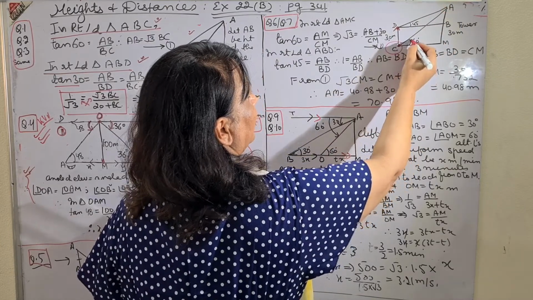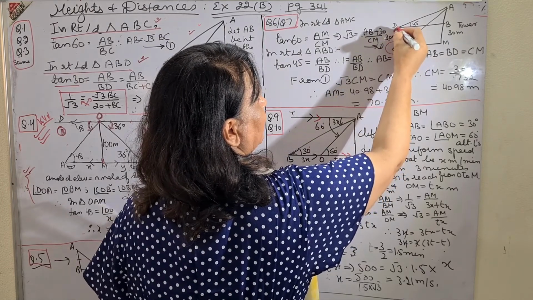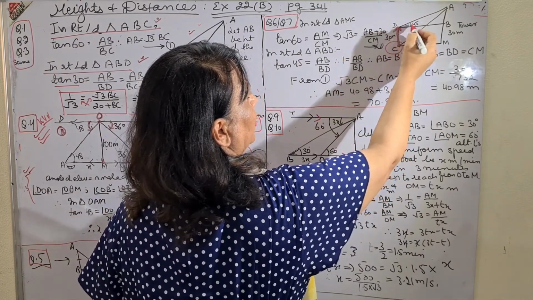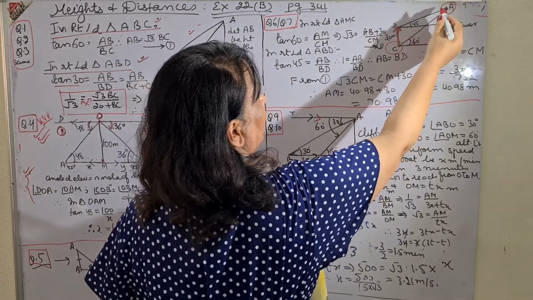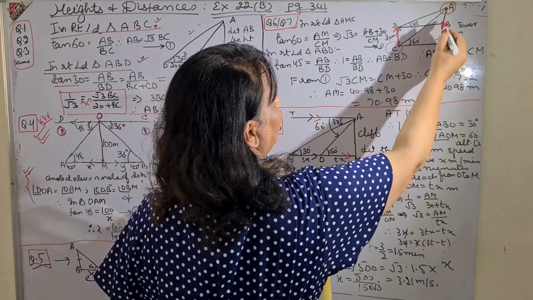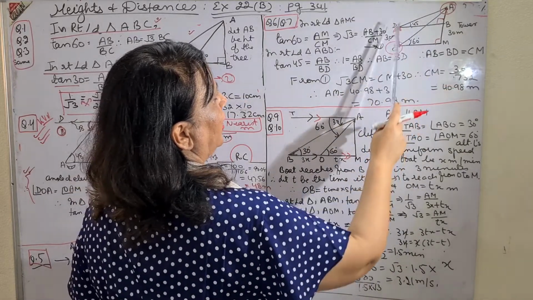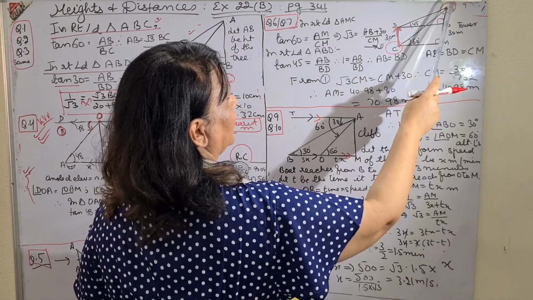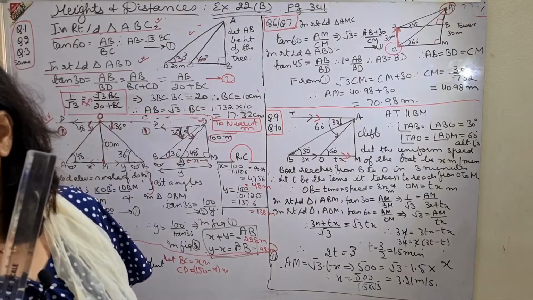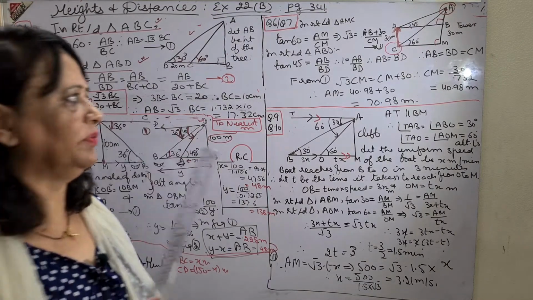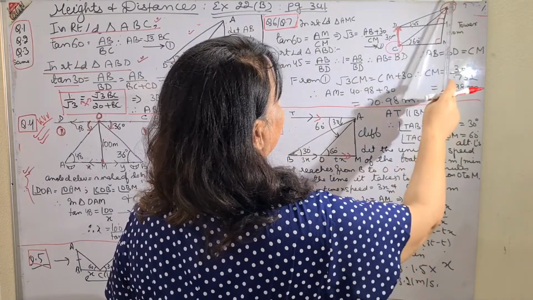From C, the angle of elevation is 60 degrees, and 30 meters vertically above means this line which I am marking with red and putting an arrow also. The angle of elevation of the same point is 45 degrees. Now you have got the figure. This is 90 degrees. This is understood. And now you know what to do. Once you take the triangle ADB and then the second time you take the triangle ACM. You have to find the height of the tower and the horizontal distance between the points of observation. So this is the horizontal distance between the points of observation. So I have to find the height of the tower.